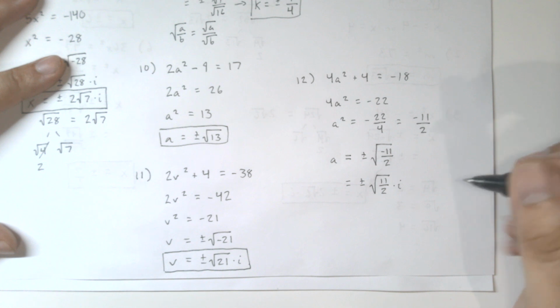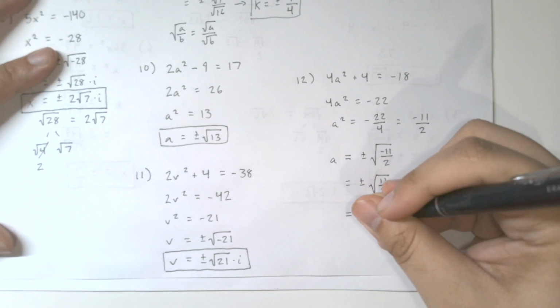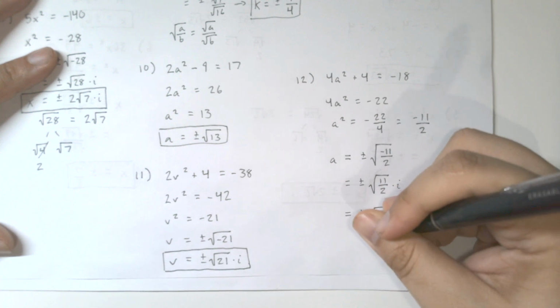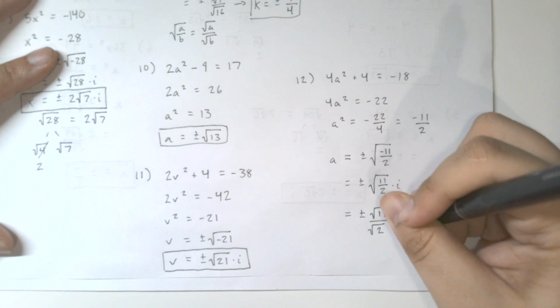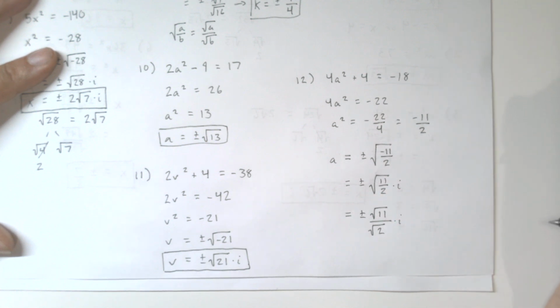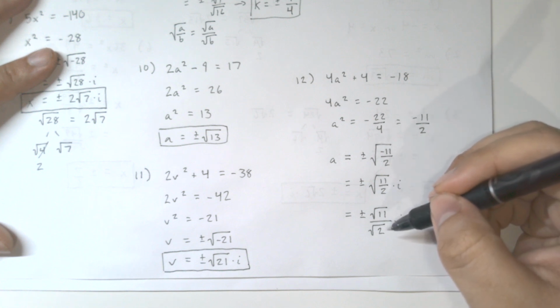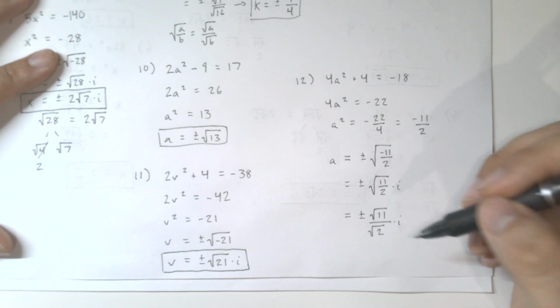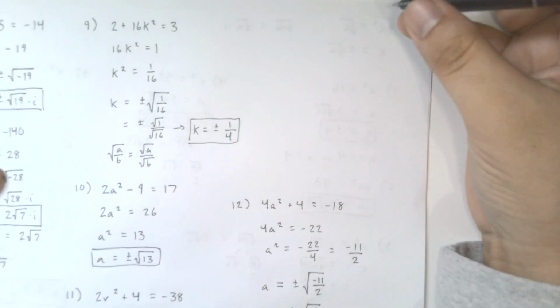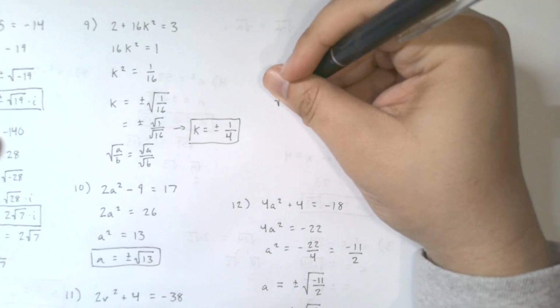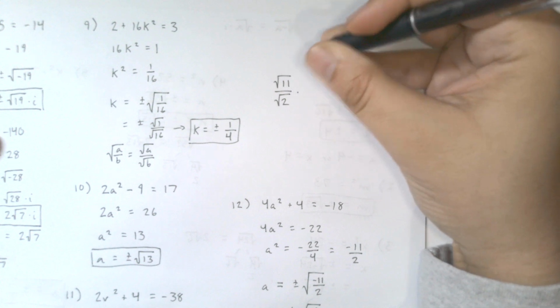So what we're going to do is break it up as plus or minus the square root of 11 over the square root of 2 times i. And we're going to do something called rationalizing the denominator. So we're going to get rid of this square root in the denominator. We also don't like to have those. How we do that, I'm going to go up here for a second. So if we have the square root of 11 over the square root of 2, and we multiply